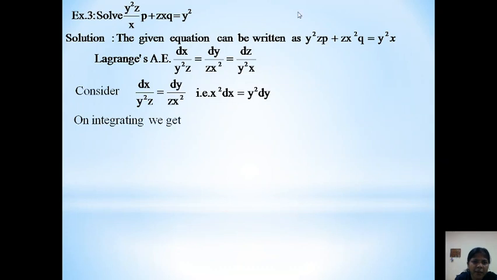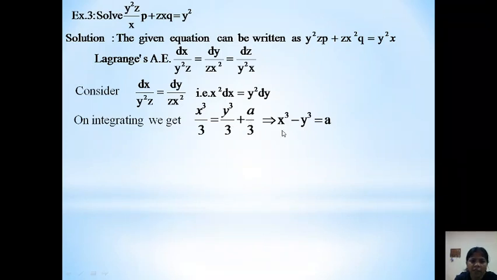Okay, now so what we have, we will write it as x square dx equal to y square dy, which on integration gives us x cube by 3 equal to y cube by 3. Now here notice one thing, as I am getting on integration, each term is divided by 3, so I'll write constant of integration as also a by 3, just to match up with the remaining terms. Okay, now 3 will get cancelled, shift all variable terms on one side so as to get arbitrary constant on another side, right? So this gives us u. So what is u?